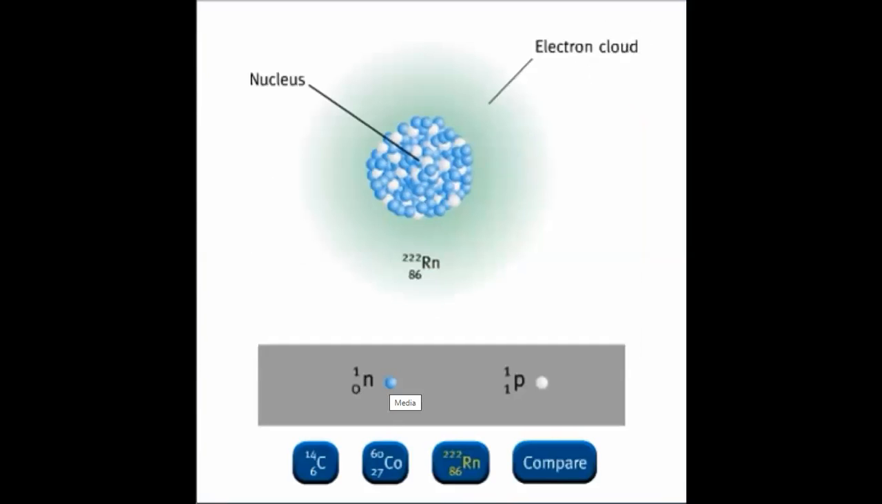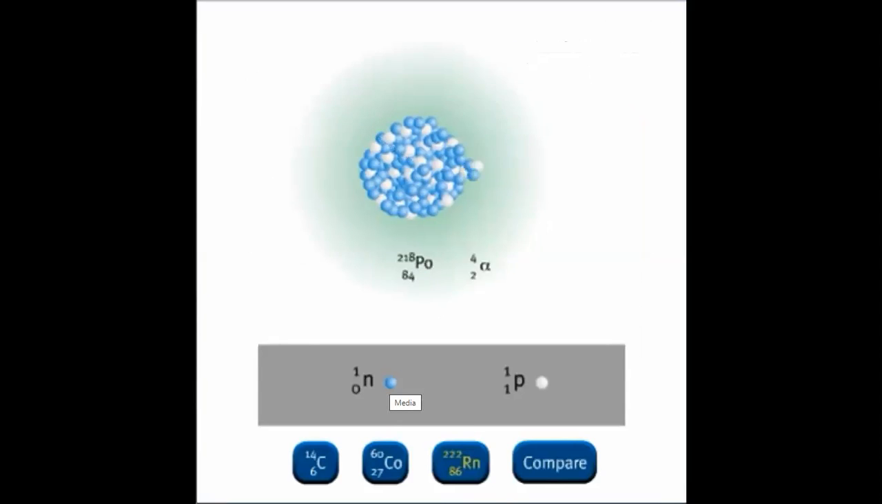A radon-222 nucleus contains 86 protons and 136 neutrons. During alpha particle emission, a particle composed of 2 protons and 2 neutrons is emitted. An alpha particle is equivalent to a helium-4 nucleus. When an alpha particle is emitted from a radon-222 nucleus, a polonium isotope, polonium-218, is produced. Since an alpha particle contains 2 protons, the atomic number decreases by 2, from 86 to 84. An alpha particle has a mass number